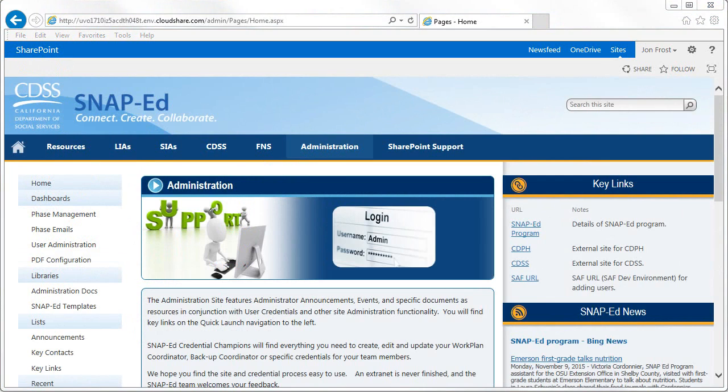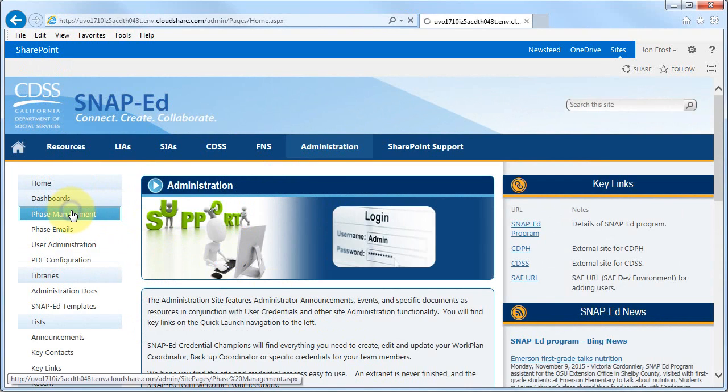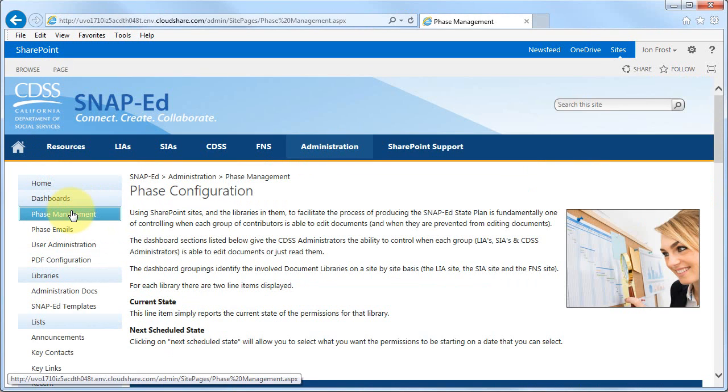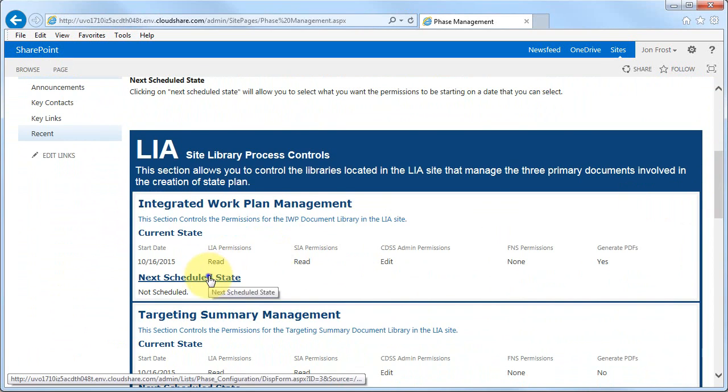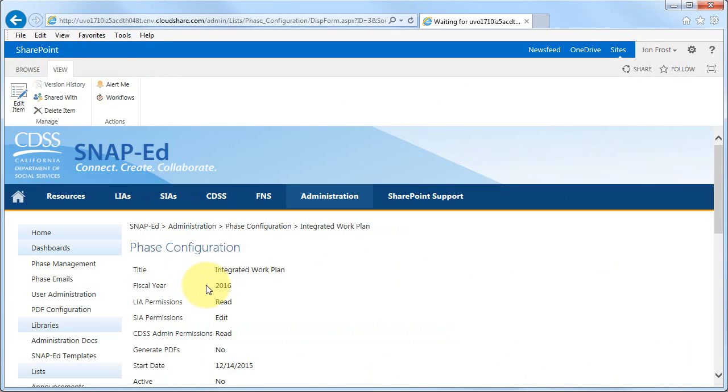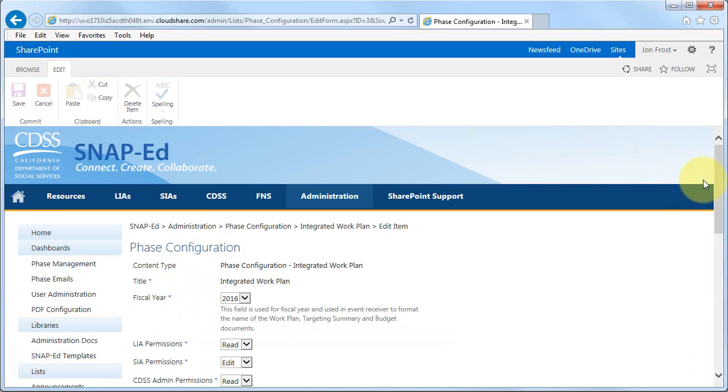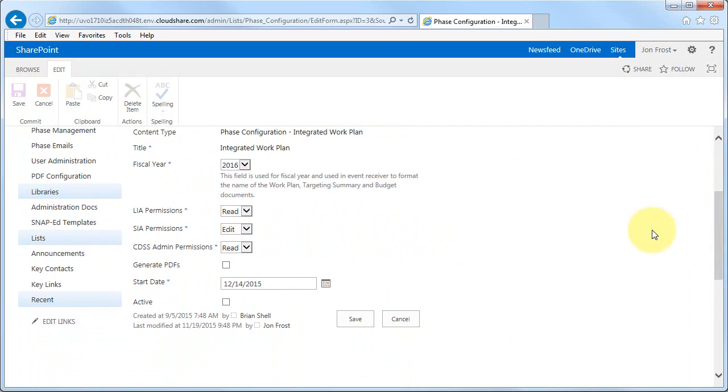Once the phases have been completed for creation, review, enhancement, final review, and CDSS approval, an administrator prepares the LIA documents for inclusion into the state plan draft by visiting the administration site and selecting phase configuration from the secondary navigation. They then create a scheduled state that sets all of the permissions to read only, and most importantly, sets